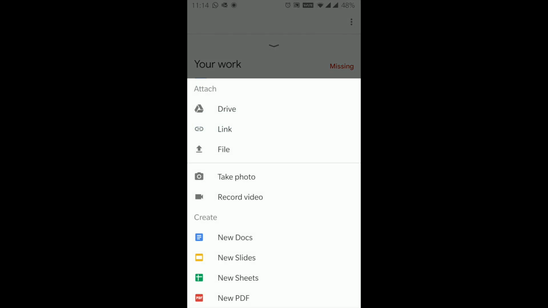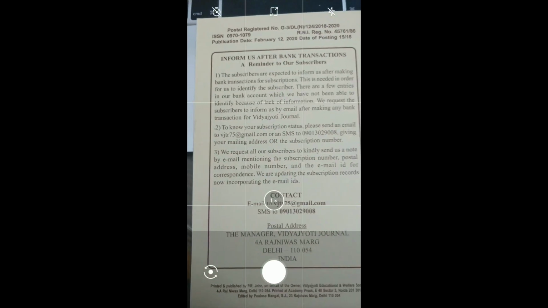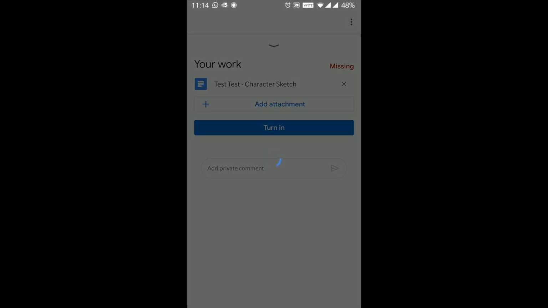You add attachment. If there are documents already, you can choose one of the options. So I have a paper written and I want to attach that photo. Click. I'm just taking a sample. So your photo is taken. It's looking good. You OK it. It gets attached. So again, based on the network speeds, it may take a little time. Be patient. Once it is attached, you should be in a good position.